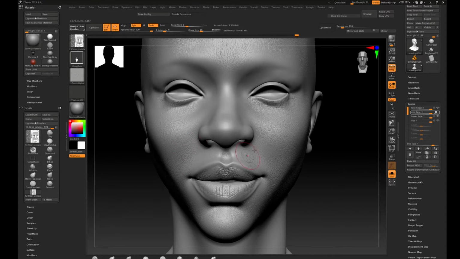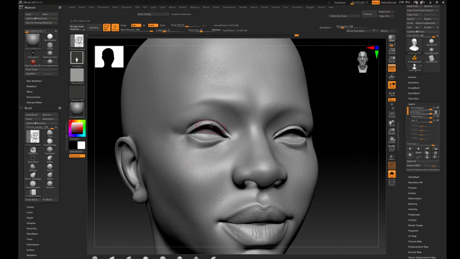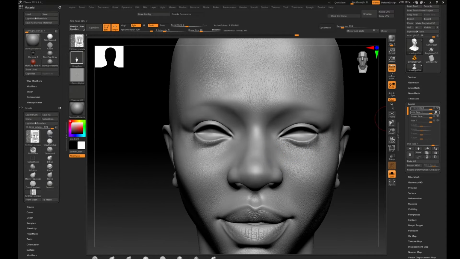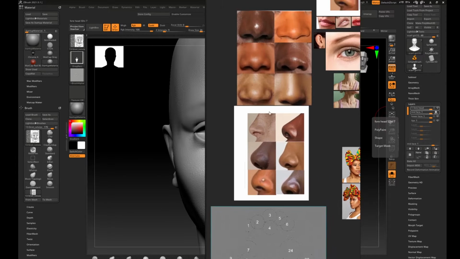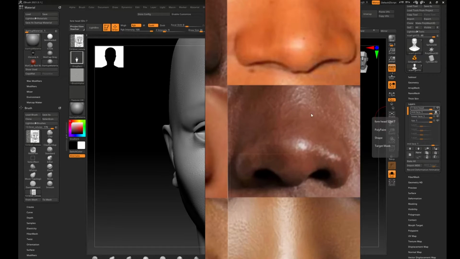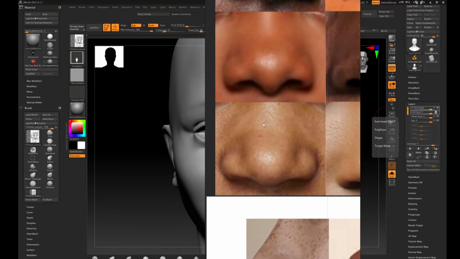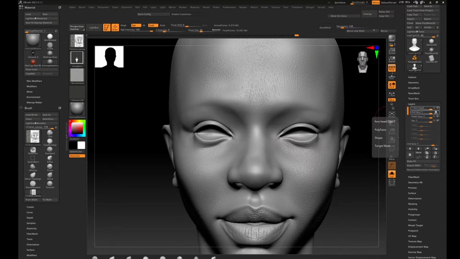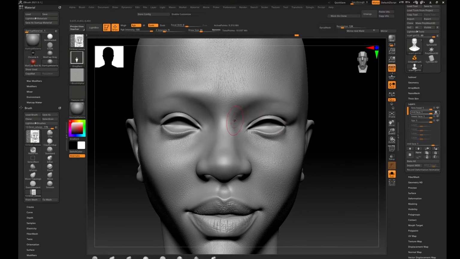Now, think of some of our faces. Yeah, perfect. Coming back to the nose, let's fix the nose. So we're gonna get some reference for the nose. You can see the nose is kind of rough a bit. In some of my reference, you can see this kind of texture on the nose. So we are trying to replicate some of this texture, and this brush has that kind of